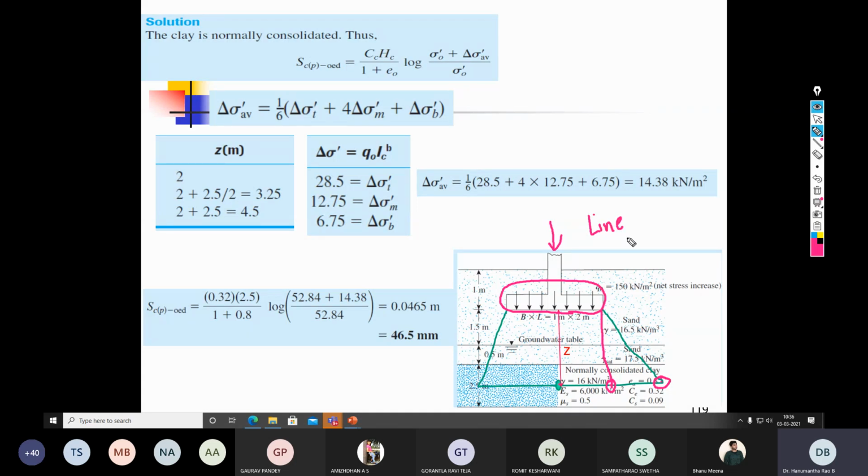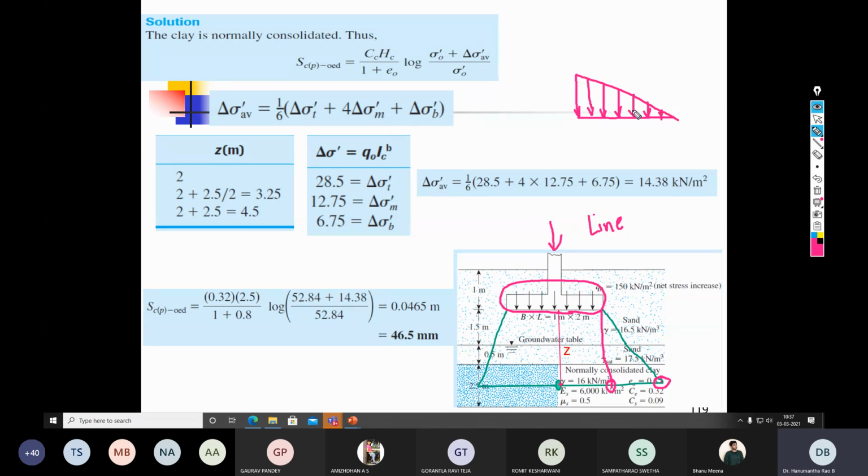What if the load is a line load? And there are other varieties of loads also. Could be a point load, uniformly distributed load, line load, or variable load. Variable load in a sense, say my load does not remain the same. So I have a triangular distribution of the load. These are all practical realities. Okay, you have to understand practical realities.